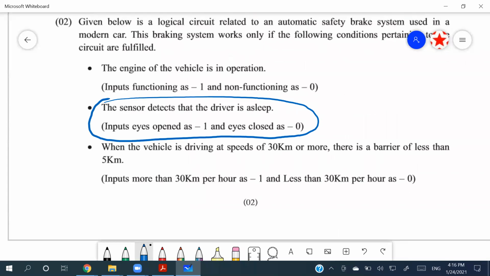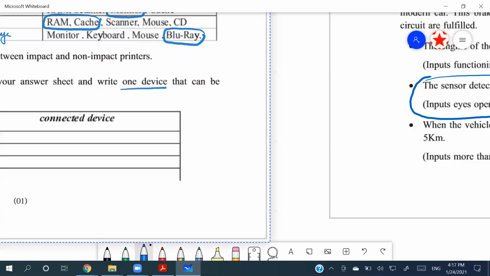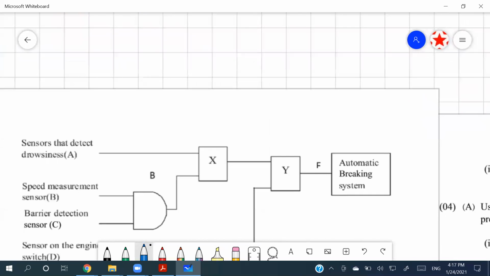So the automatic braking system should happen if the driver is going to be in drowsiness, or like නින්දට වැටිලා නම් හෝ ඇස් වහිලා නම් තමයි එයාගේ කතාව සිද්ධ වෙන්න ඕනේ, right? So let's cross check it with the circuit that they have given to us,